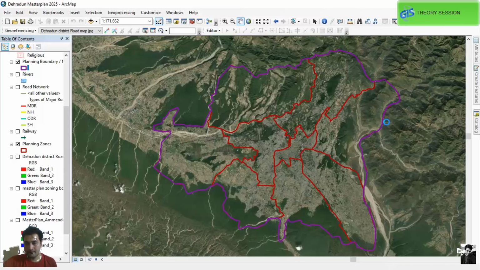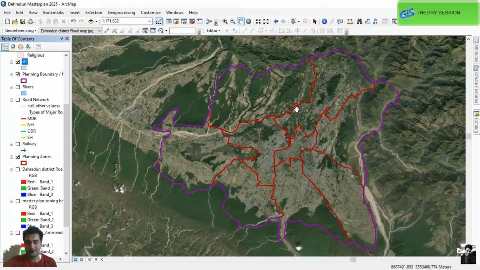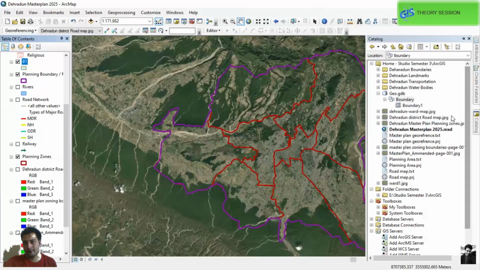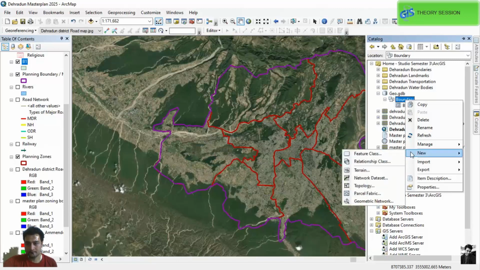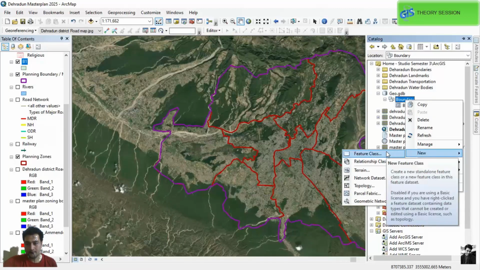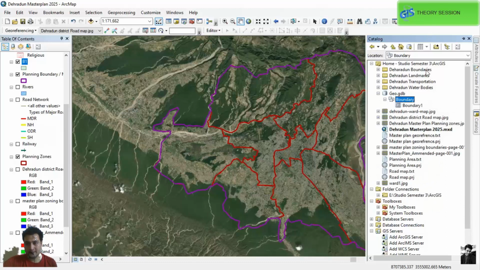See, wait, it needs a bit of time. Yeah, so what we can do is go to the catalog, and then we can add more and more types of boundaries within the dataset from here. Okay, it will be much easier.